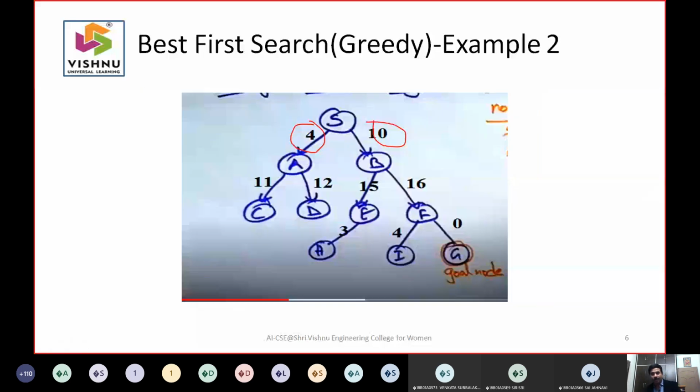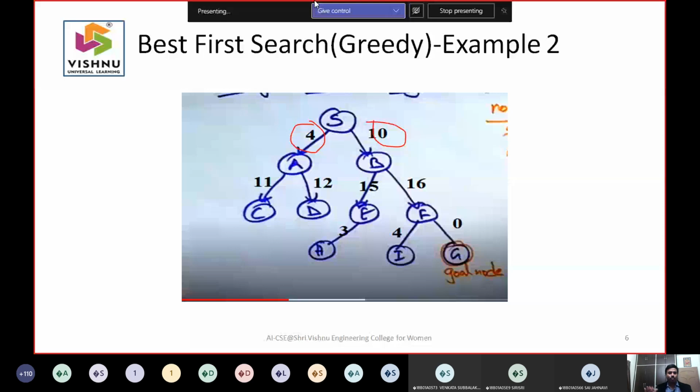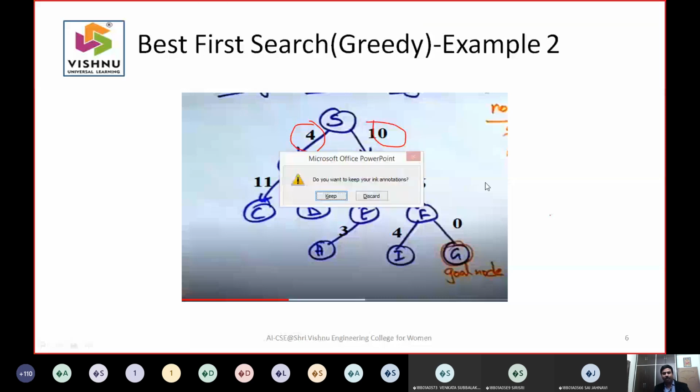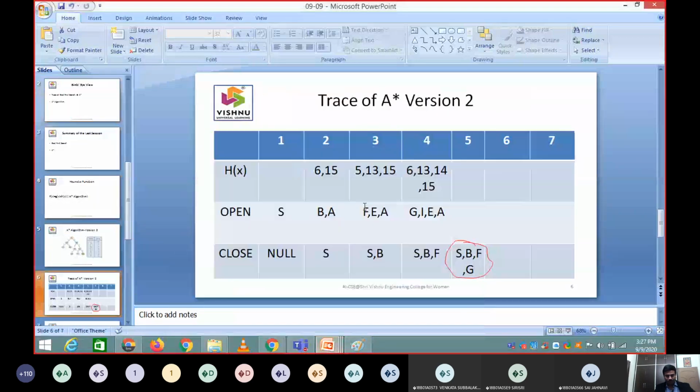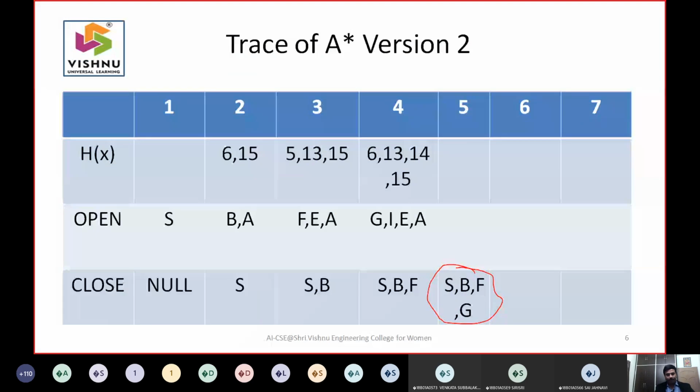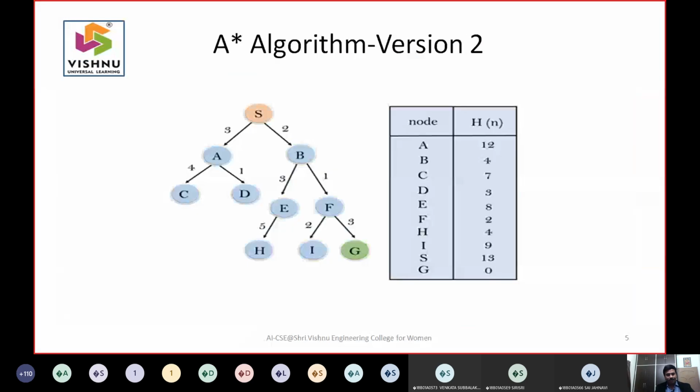Then what happened is this best first search algorithm explored more number of nodes to get the output. The same way, can somebody tell me when this A star algorithm will fail? This is a simple example.